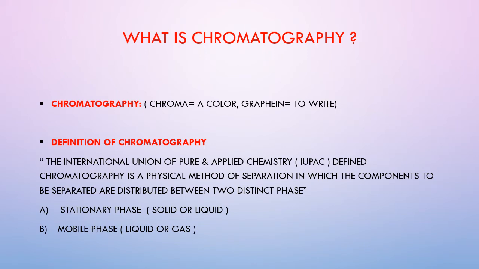What is a stationary phase? The stationary phase in chromatography is the phase that is either a solid or a liquid. The term stationary refers to the fact that this phase remains stationary while the other moves. Most substances used as stationary phases are porous, because this allows the attachment of components during chromatography. The stationary phase selected for a chromatographic process depends on the nature of the components to be separated and the type of chromatography.